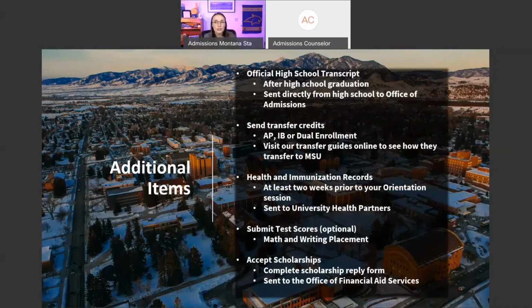After that, we will need you to send us any transfer credits. So if you have AP, IB, dual enrollment, anything like that, send those our way because we can transfer them over. If you're curious about how they transfer over to MSU, we do have transfer guides online. Essentially for AP, as long as you score a 3 on the test, we can transfer it over. For IB, it's a score of 4 on the HL exam. We are starting to accept some SL exams. And for any college classes, as long as you pass the class and send us the official transcript, we can accept that over to MSU. But if you want to see how those classes all transfer over, go view our transfer guides